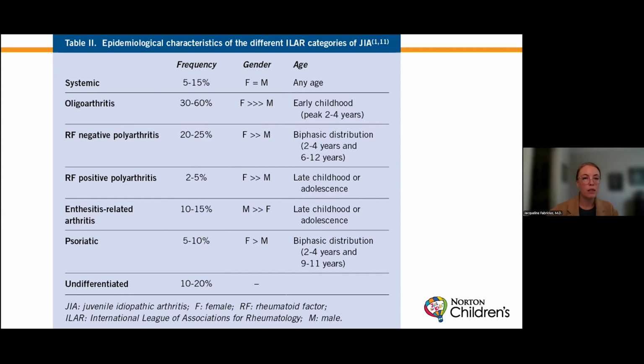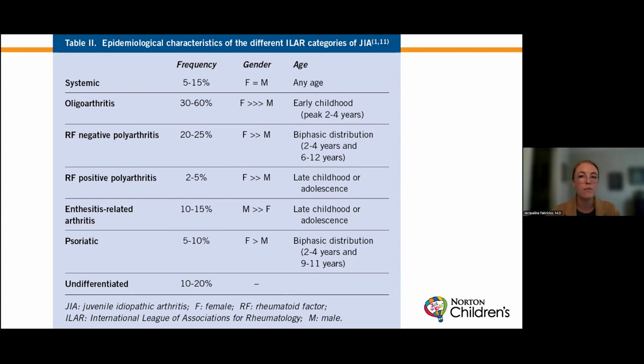Oligoarticular is the most common. These are going to be typically your toddler girls that present with one swollen knee. They are more likely to be Caucasian, blonde-haired, blue-eyed. And your RF positive polyarticular patients, those are going to be your teenage girls that have symmetric small joint arthritis and